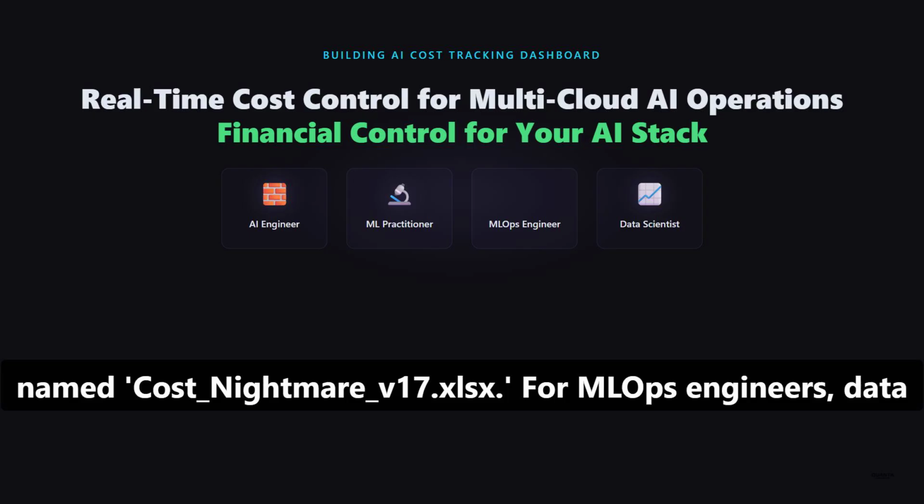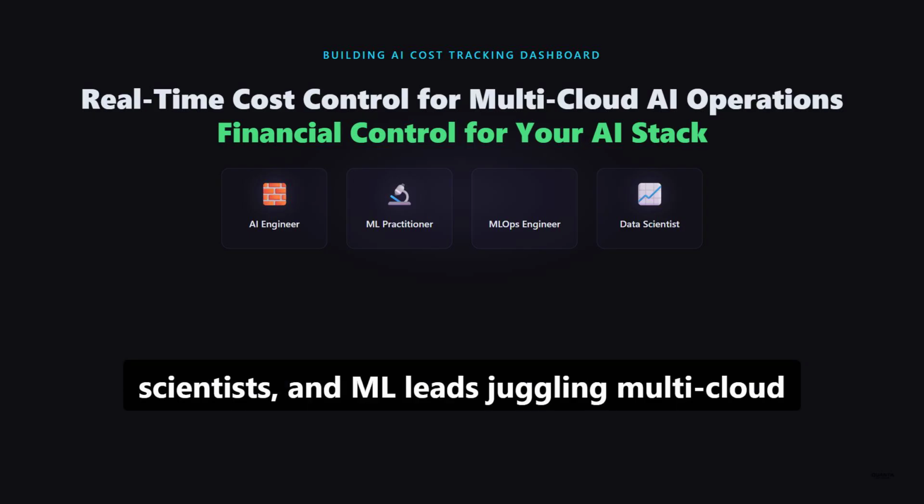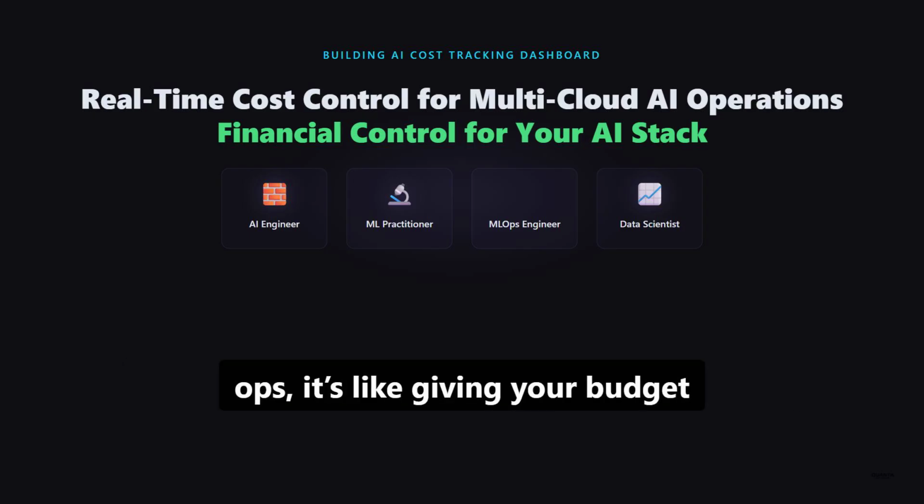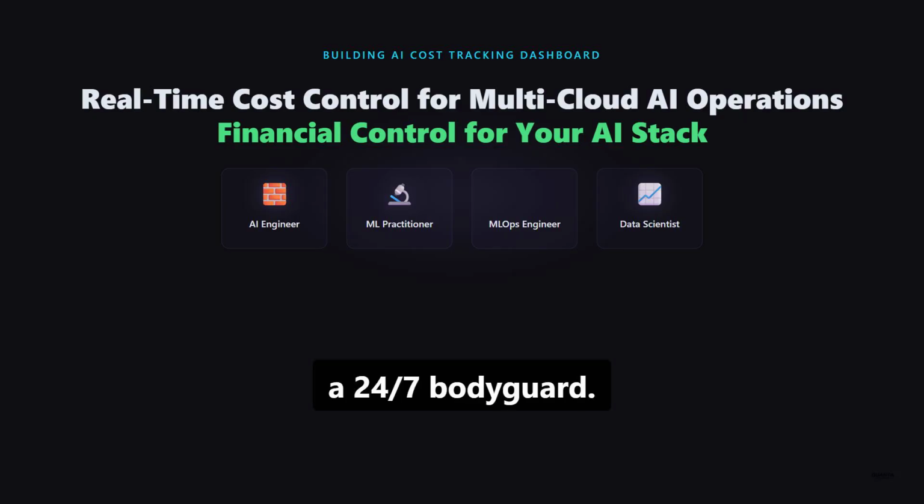No more spreadsheets named cost_nightmare_v17.xlsx. For ML ops engineers, data scientists, and ML leads juggling multi-cloud ops, it's like giving your budget a